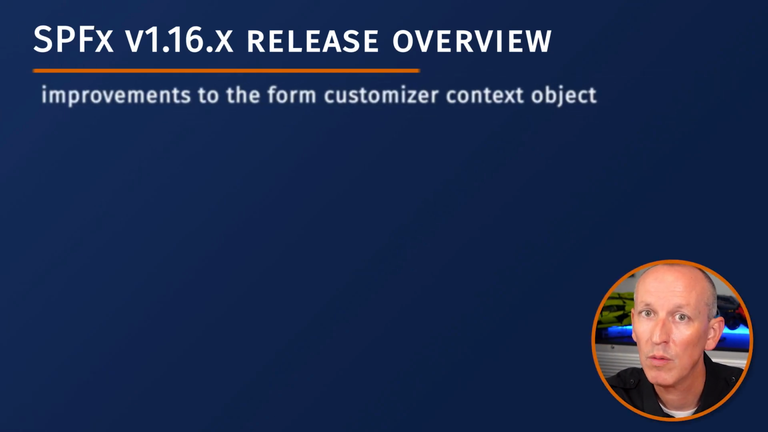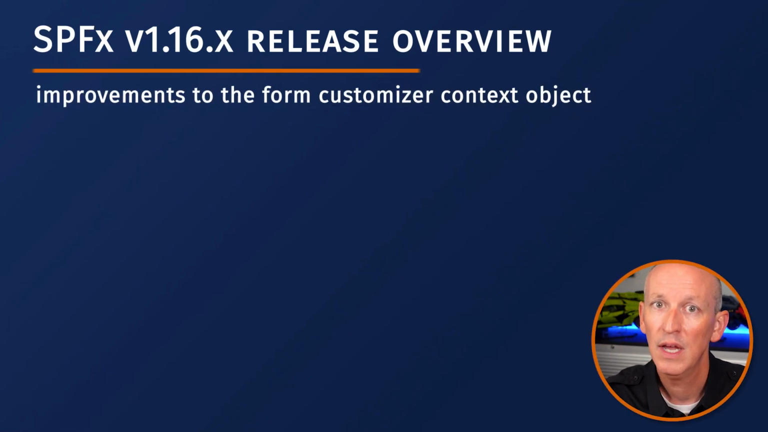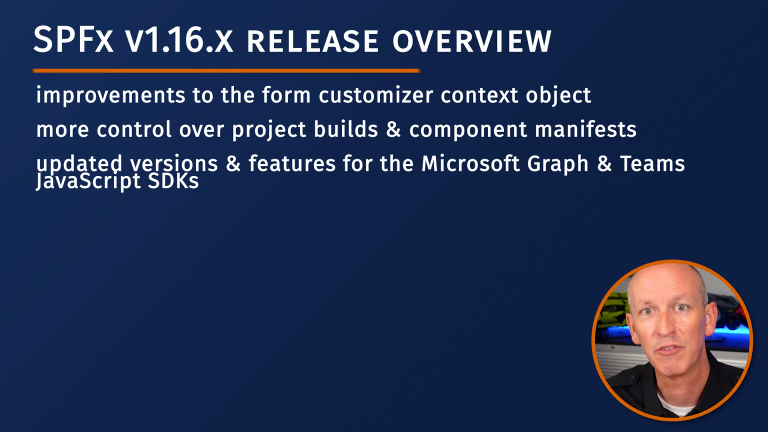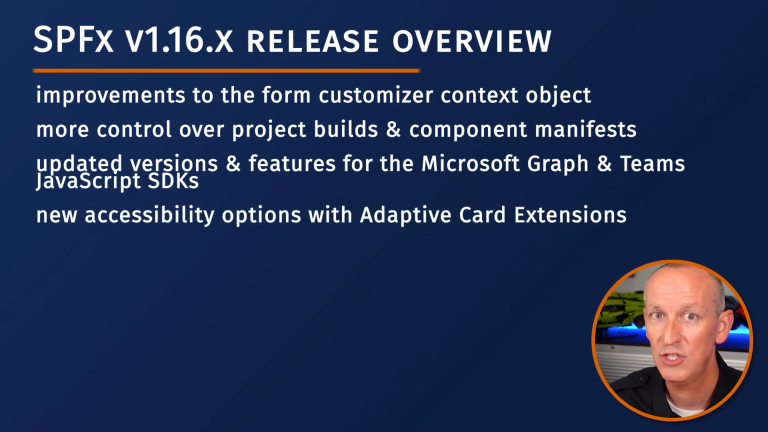Microsoft released an update to the SharePoint Framework with version 1.16 and 1.16.1 in November of 2022. And this update included the following things: improvements to the form customizer context object, more control over the project builds and component manifests, updated versions and features for Microsoft Graph and Teams SDKs, new accessibility options with adaptive card extensions,